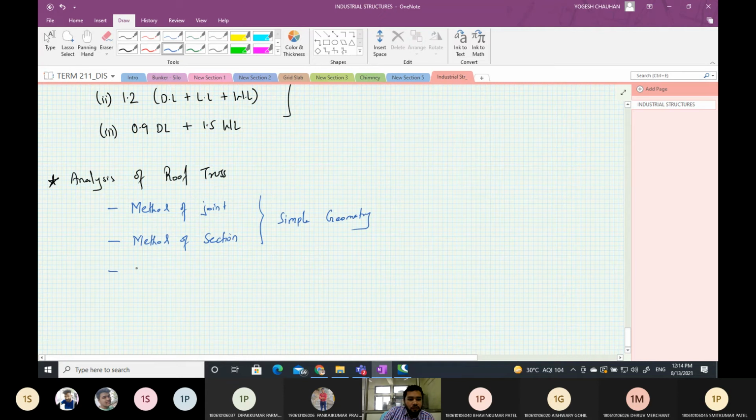Then you can use the graphical method. Then you can use matrix method. Or you can use any computer code.